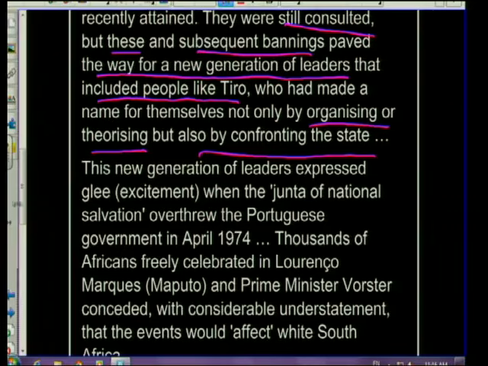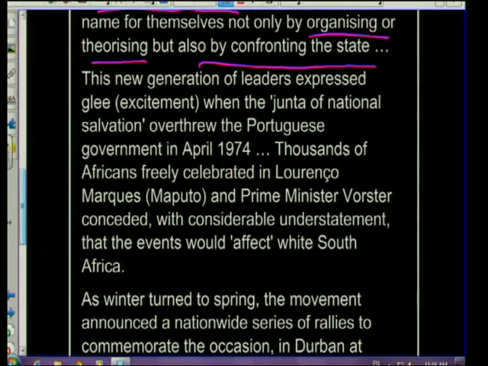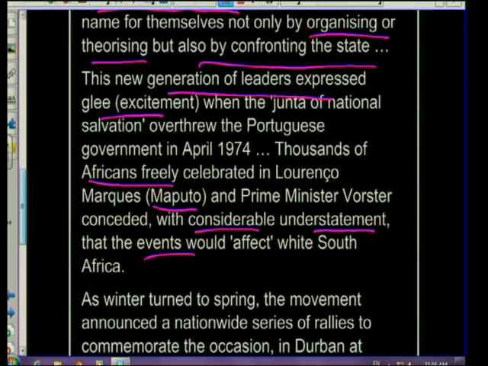If we go on, it speaks about a new generation of leaders expressed in excitement, and thousands of Africans freely celebrated in places like Maputo, and with considerable understatement in the events would affect white South Africa. White South Africans at this stage are starting to feel very, very threatened. Moving on,